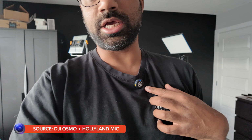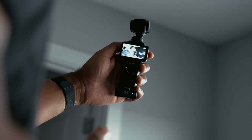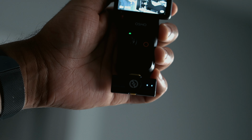Okay, right now I have the LARK M2 hooked up to the Osmo. I have the transmitter hooked up as well as the mic going. You can see that right there. And it's actually not such a bad combination because you have the transmitter, which is really lightweight and low profile. It does stick out from the bottom. That's one thing to consider. If you were to get the DJI mic, you wouldn't have to put a transmitter to it. It would automatically just sync with your Osmo. So that's something to actually keep in mind when you're thinking about how you want your audio to sound